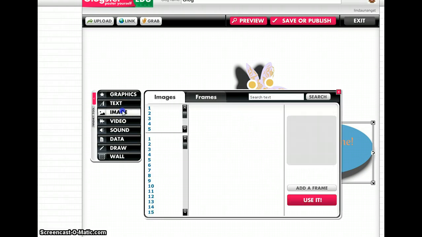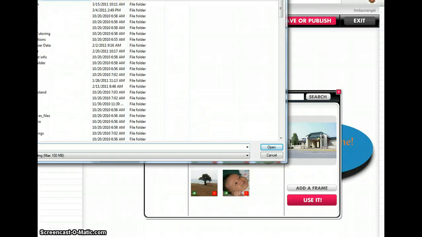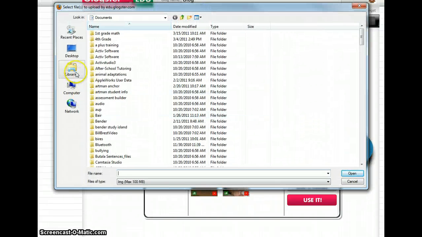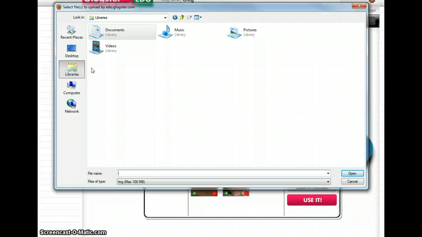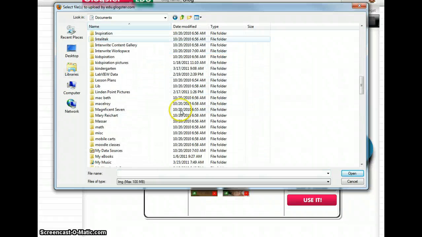The next one is an image. Now for the image, you need to have an image already uploaded to your document. So you need to go out to Google or somewhere, find the image, upload it to My Pictures. Once I do that, I can go to Upload, and I will go to the place on my computer. I'll go to My Documents, and then I'm going to go to My Pictures,